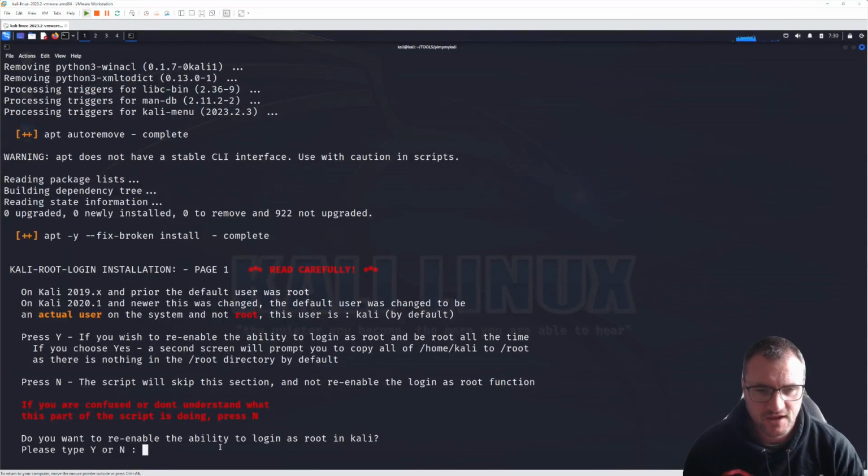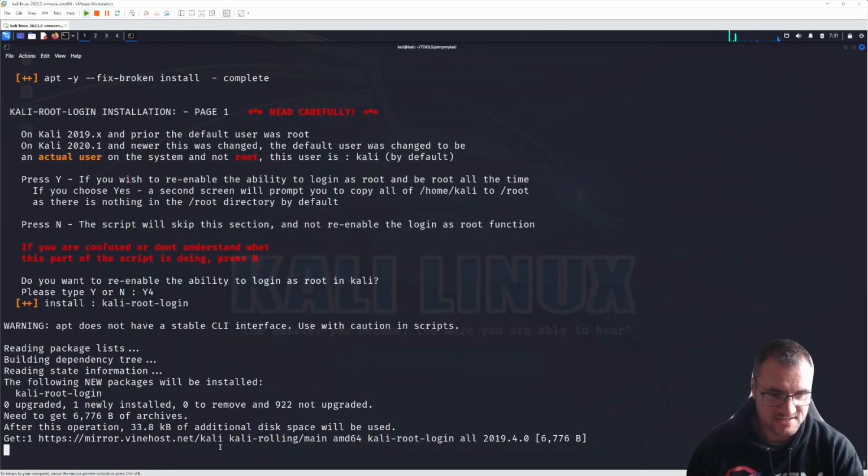So we're at our first prompt, and it does say read carefully. What it's saying is back in 2019, we used to log on with the default credentials of root, obviously giving us higher privilege, but from 2020 onwards, including 2023 now, we use Kali, which are the credentials that you get from the offensive cyber side. So as a part of this, it's asking, do we want to reinstate the root privilege instead of using the default Kali? Because I was used to operating back then, I put yes,